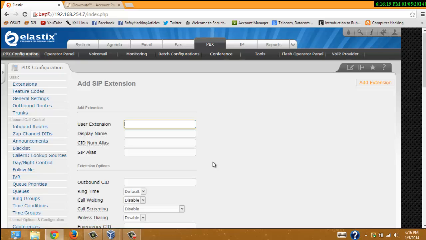This really doesn't matter, it's just how you're going to ID the extension, which is basically what you're going to call the account in the PBX. So I'm going to call it 2. Display name will be spoof. Caller ID number alias